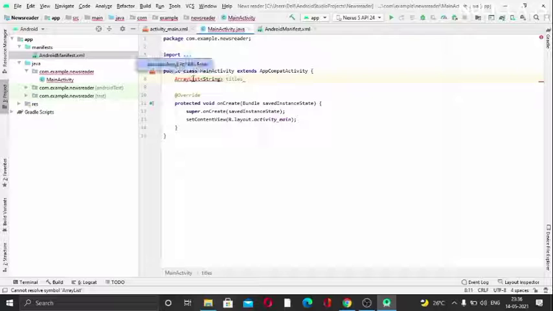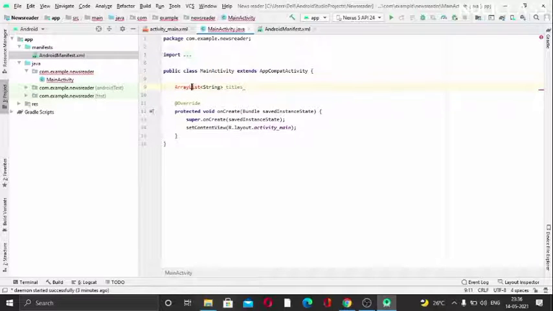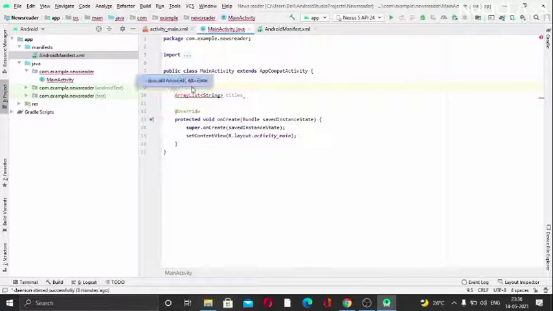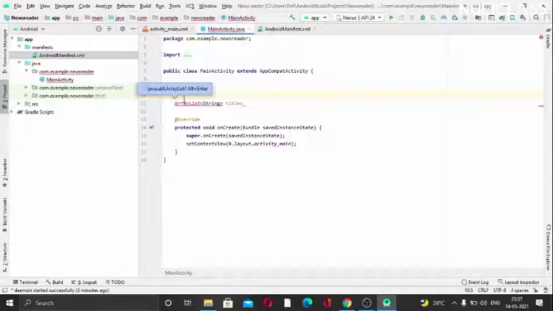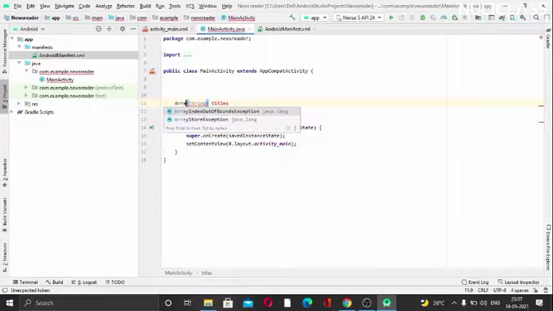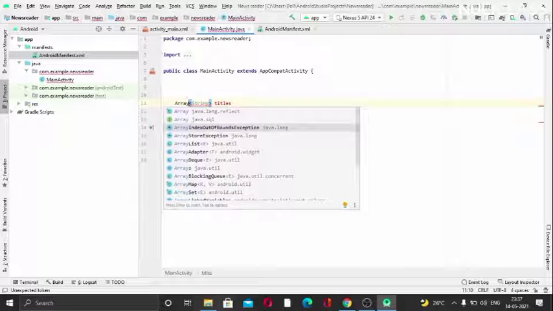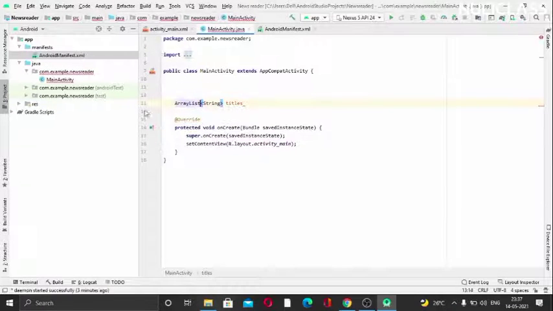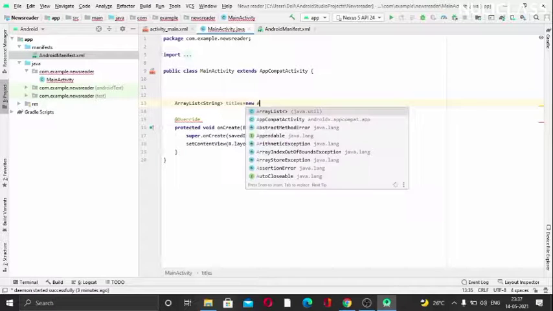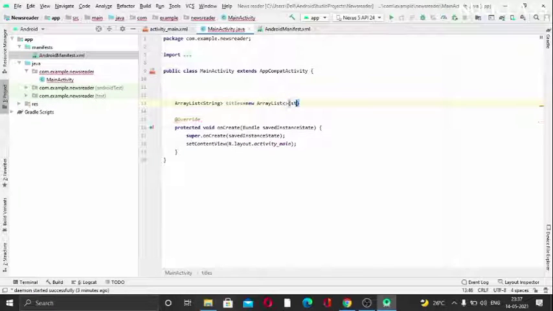I think we have to import that. Just press Alt and Enter. I think there is some issue, so I will type it down again. We want this one, I will use this, and it will get imported. So now I will write ArrayList of titles, which should be equal to new ArrayList of String.